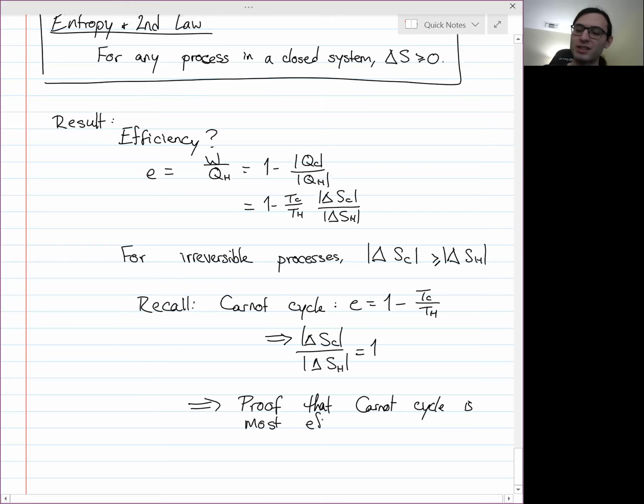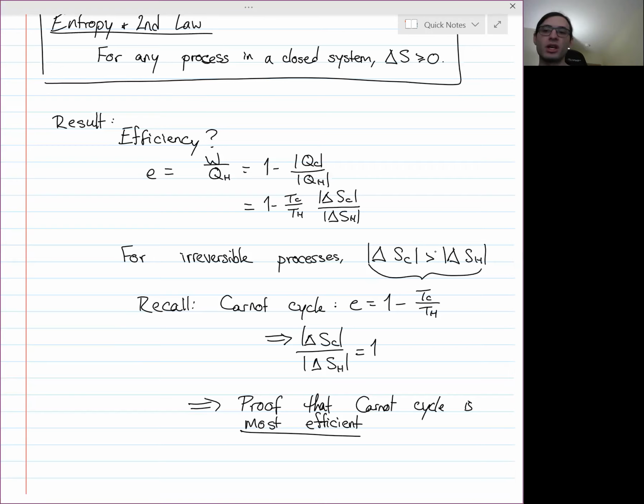And the reason for that is that delta SC over delta SH has to be greater than or equal to 1. The reason for that is this statement regarding irreversible processes, or processes in general. For irreversible processes, it's always greater, but for any process, it's greater than or equal to. So the Carnot cycle is the limiting factor. It is precisely a set of reversible processes, such that the entropy of the system doesn't change. Well, it's not constant entropy, but the entropy of the cold reservoir increases by precisely the same amount as the decrease in entropy of the hot reservoir,